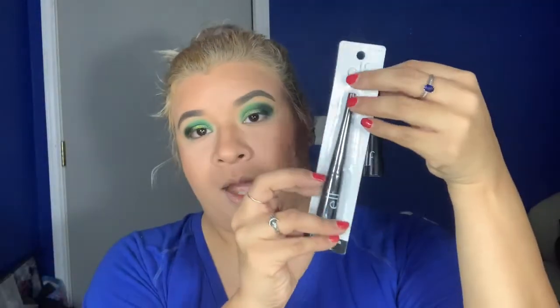My favorite eyeliner, a reason I do that is because I talk about it all the time, is the Elf one, and I got my backup one. So this is only about $2, I want to say $3. I'm about to put my eyeliner on right now. I love this guy. If you're looking for a good eyeliner and you don't want to spend too much money,